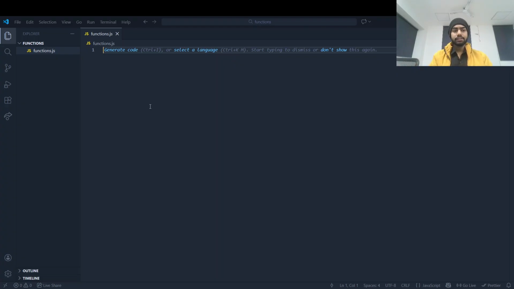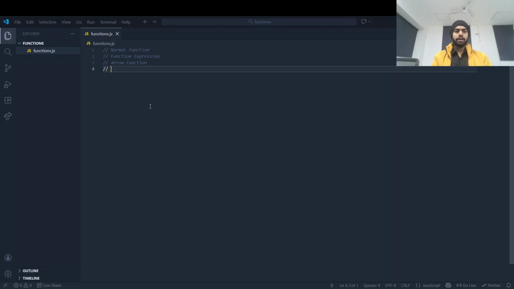Our first one is the normal function, and then we have function expression, arrow function, and then anonymous function.